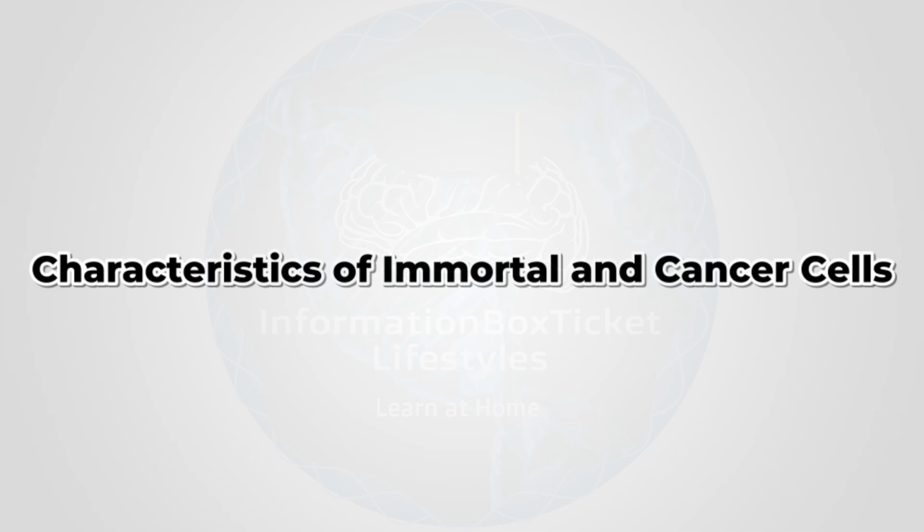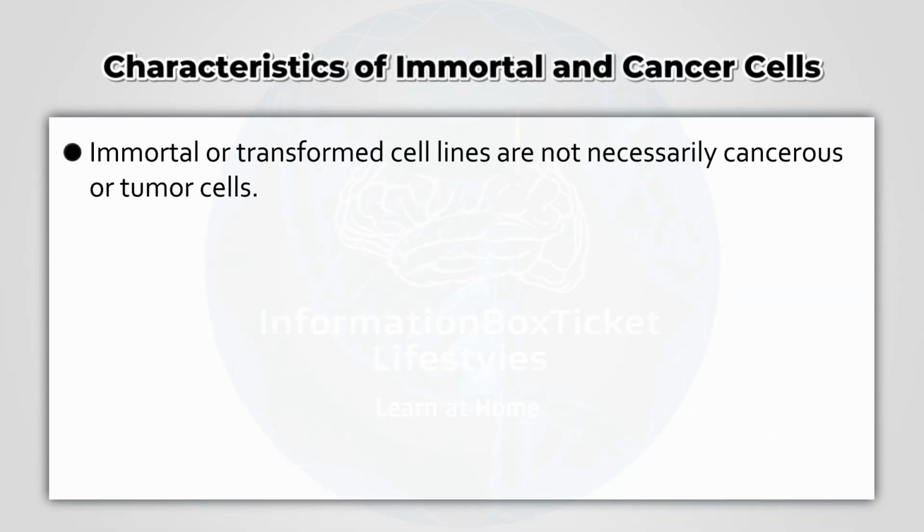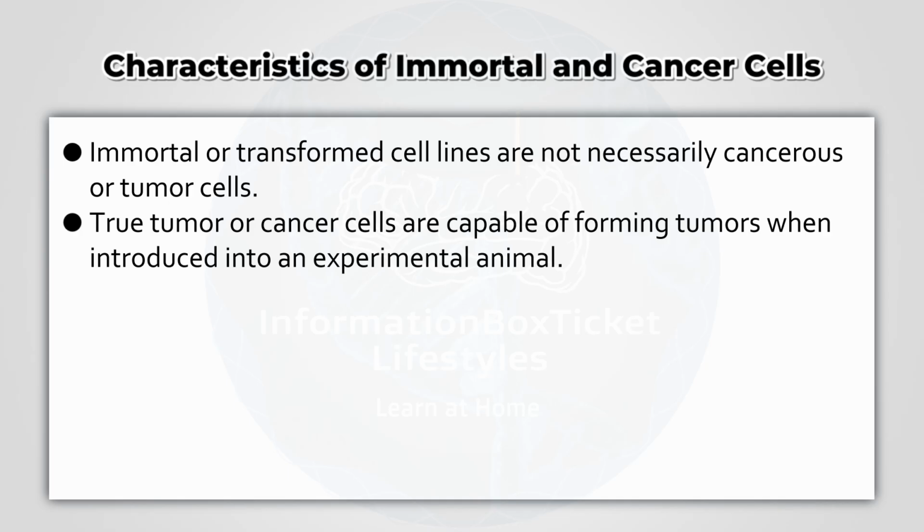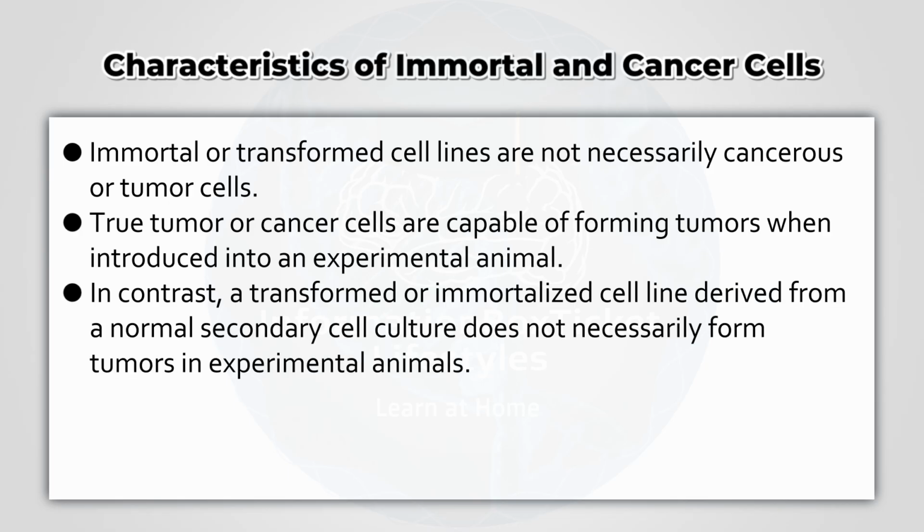Characteristics of immortal and cancer cells. Immortal or transformed cell lines are not necessarily cancerous or tumor cells. True tumor or cancer cells are capable of forming tumors when introduced into an experimental animal. In contrast, a transformed or immortalized cell line derived from a normal secondary cell culture does not necessarily form tumors